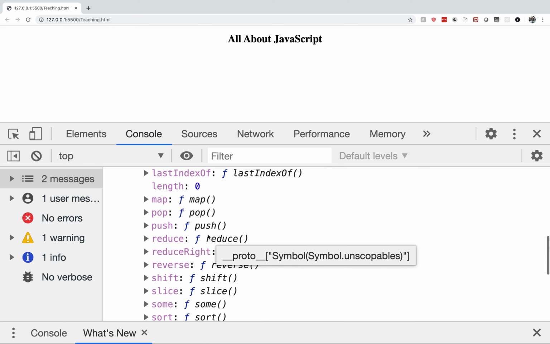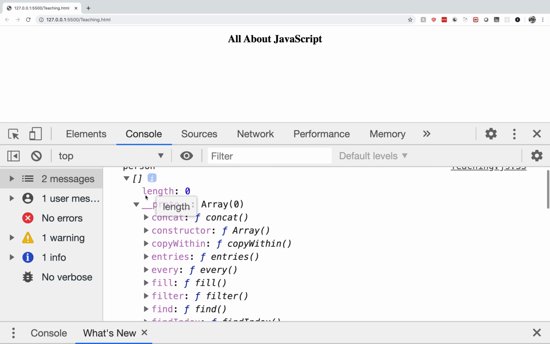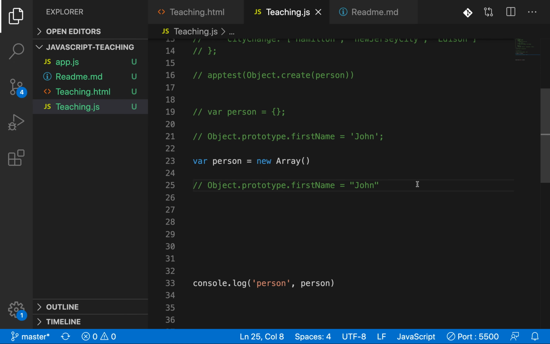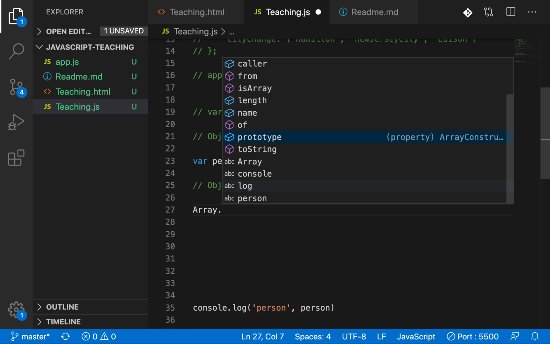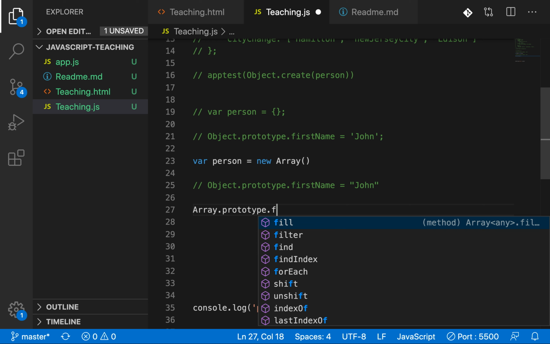As I said, we can define properties over there. You access this proto, the first one, with the help of the constructor's name, like Array.prototype.firstName.